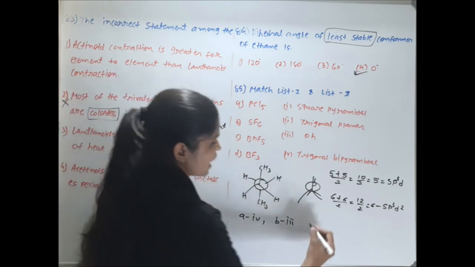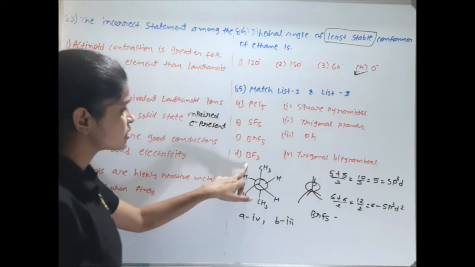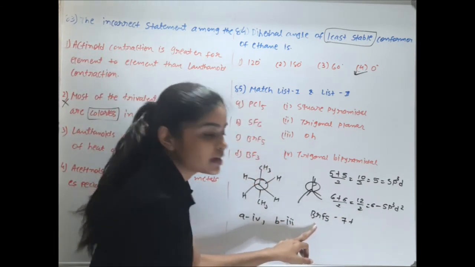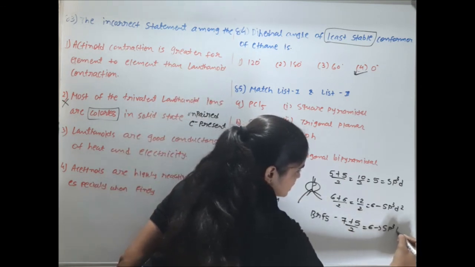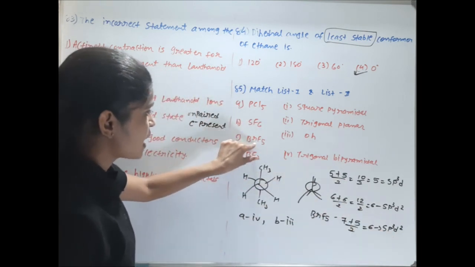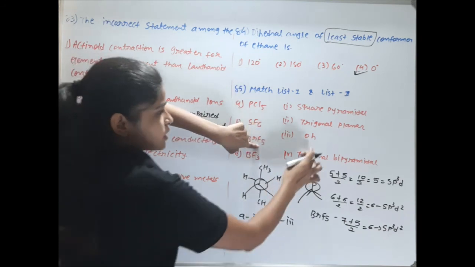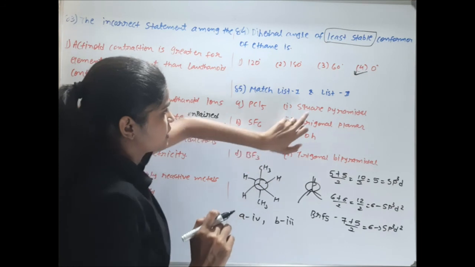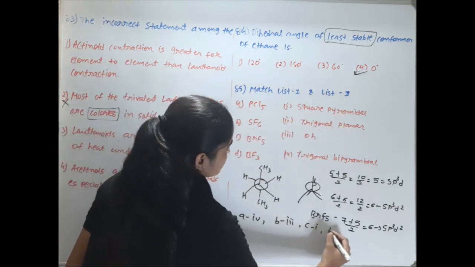Next are BrF5 and BF3. First BrF5: Br has 7 plus fluorine 5, divided by 2, which gives 6, so sp3d2. Both SF6 and BrF5 are sp3d2. In BrF5, one lone pair is present. In the octahedral SF6, all positions are occupied by bonds, but in BrF5 one lone pair is present. So this gives the square pyramidal structure. So the third is 1 and the fourth is